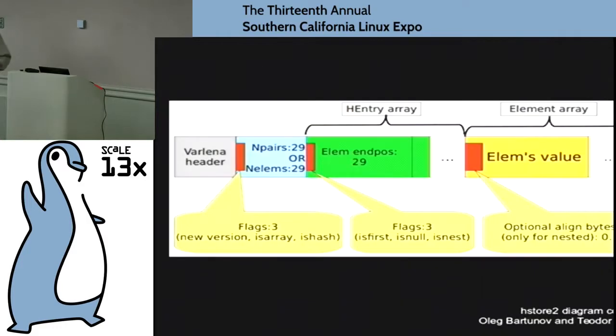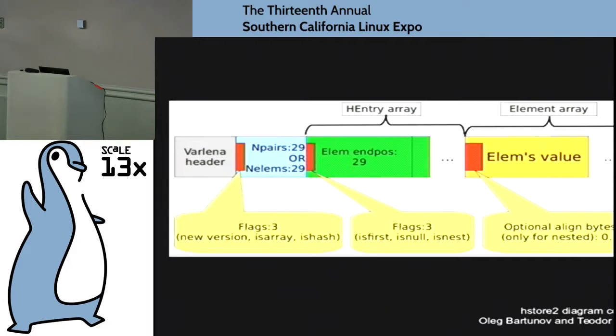Now, I did mention that JSONB is a binary tree structure. This is actually an early design diagram from when JSONB was being called HStore2. Anybody here use the HStore key value type for Postgres? A couple of people? So this is also an option for Postgres. It's keys and values. We've had it for a while. It's indexed. It's very fast, but it's flat. Only one level of keys and values. Can't nest. Not with any reasonable amount of effort anyway.